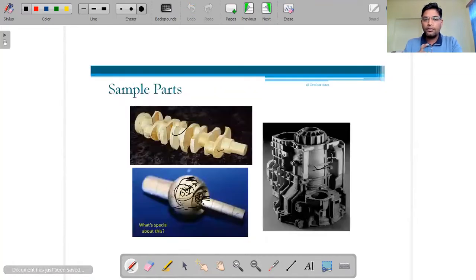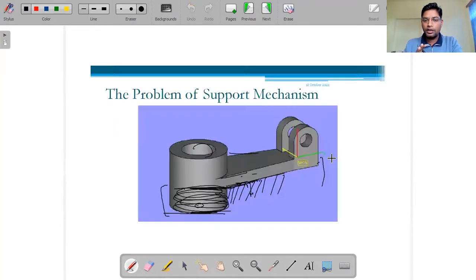Another way is this: for whatever structure requires supporting material, like here, we can use the same material, but wherever the support is required, we can reduce the infill. I will discuss infill in the next lecture. It means the structure can be changed. Where we deposit, it will not be solid, but with some less infill, meaning less material will be deposited there. We can do that with the same material.